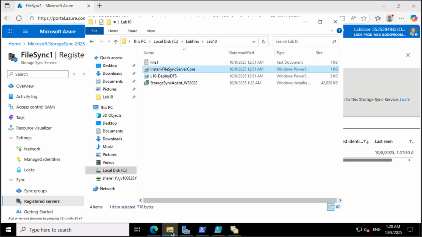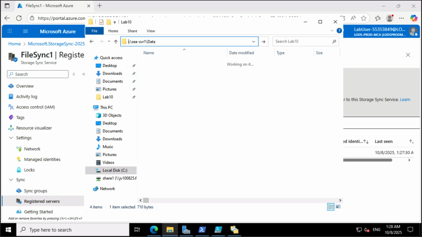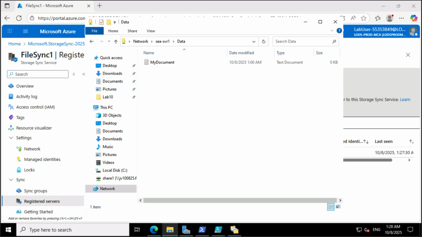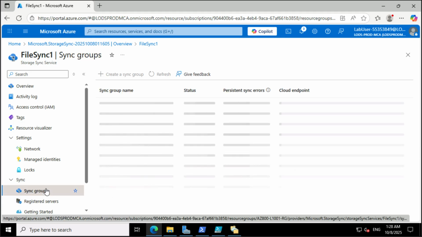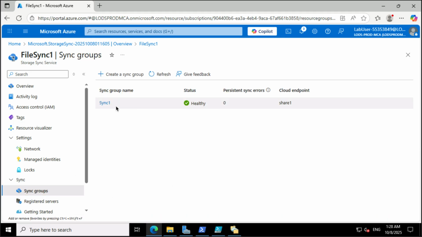So one thing that we could do is go to server 1 data, and there is no file 1 text here. There's just the my document one that we did. So now if you go back here, sync groups, sync 1,